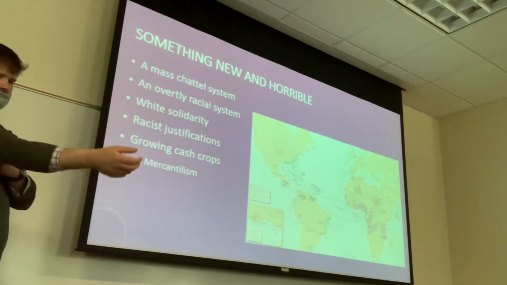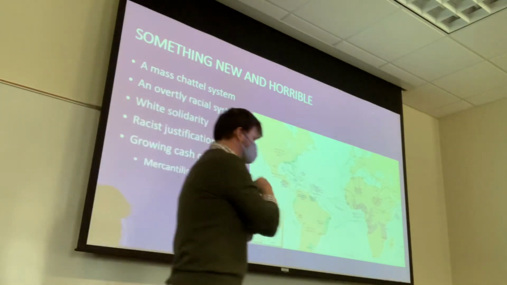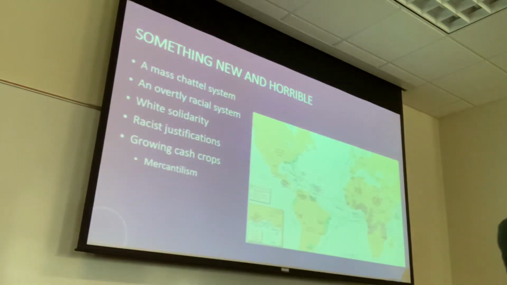It's a mass chattel system, that is a system in which Europeans are purchasing slaves by the millions from Africa, considering them, legally speaking, property with no rights as human beings, classifying them as slaves specifically by the color of their skin, writing slavery into law whereby white people, depending on how you define that, would never be slaves, only black people, insisting that the condition of the child followed